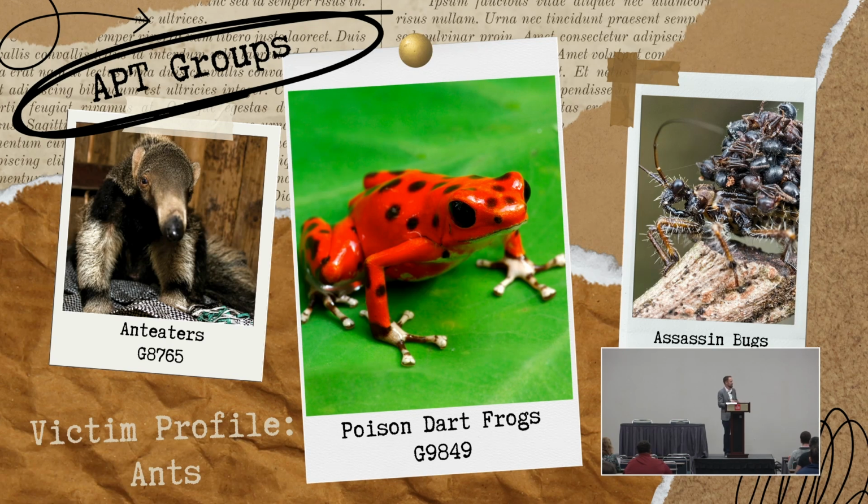Maybe even touching on a bit of crypto mining, where they're leveraging the resources from that ant to package in their own payload. And then the other one I thought was really fascinating, the assassin bug. It may be hard to see on the slide on the far right. That bug has actually covered its entire body in dead ants, right? And the whole idea here is it's evading detection. So what it will do is it will infiltrate its way into an ant colony, covering itself in the dead bodies of its victims, so that the other ants don't detect it and it's allowed to move freely and get in there.